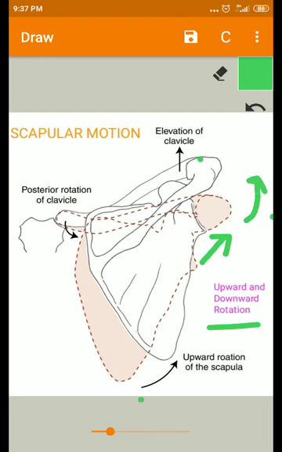external rotation and posterior tilting occur when the arm is abducted. When the arm is abducted, all these three movements take place. What are the movements? At the scapula, when the arm is abducted, the scapular movements on the thorax cause a combination of movements such as upward rotation, external rotation and posterior tilting. So these are the things, a combination of motions occurs at the scapula.